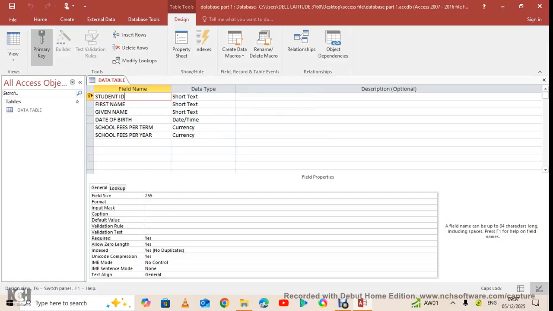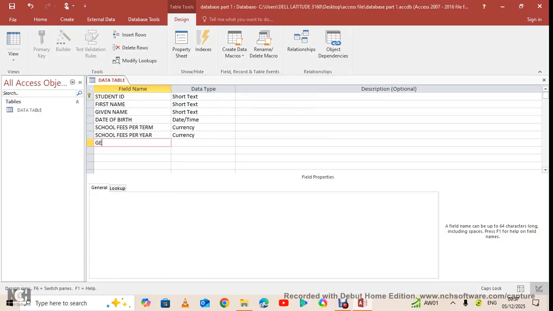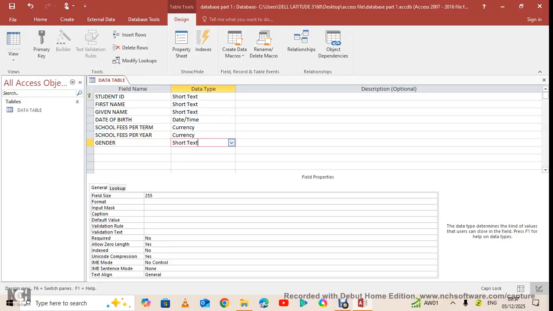After that, we can come and format. Maybe we can also add gender. Gender can be male or female, but it is also short text. There is a situation where things like gender, or let's say district, have students who come from almost similar districts or the same regions. So to avoid wastage of time, we use what we call